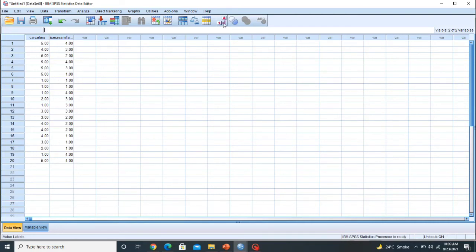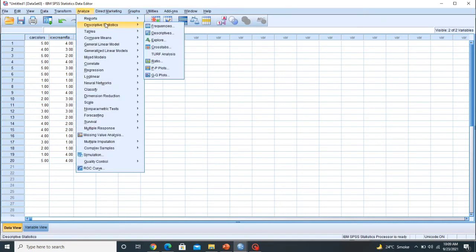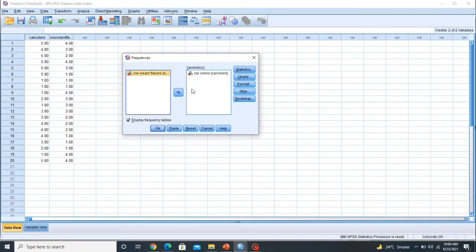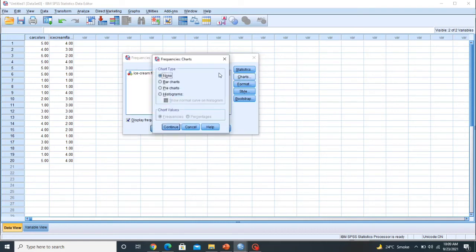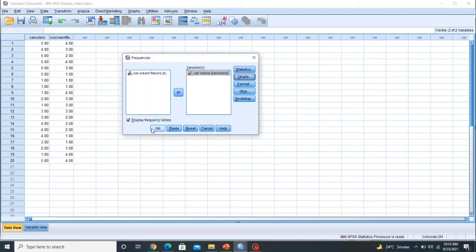Now I turn this command off. Now go to Analyze, Descriptive Statistics, Frequencies, drag your variable into the variable box, select Charts, select Bar chart, click on Continue, then click OK.